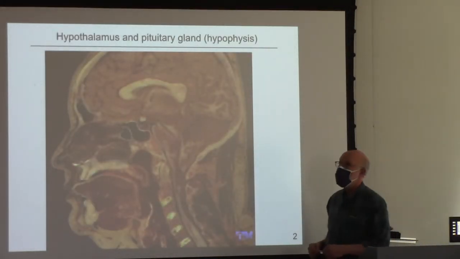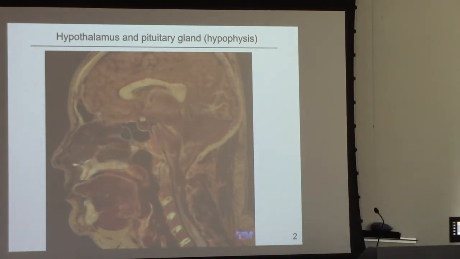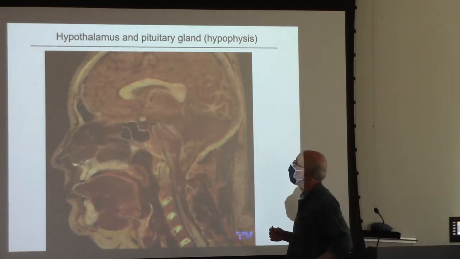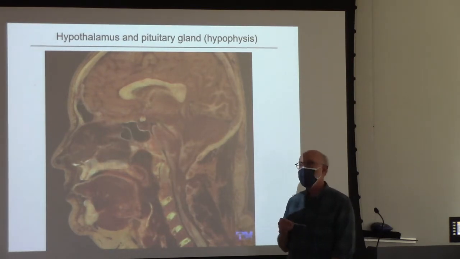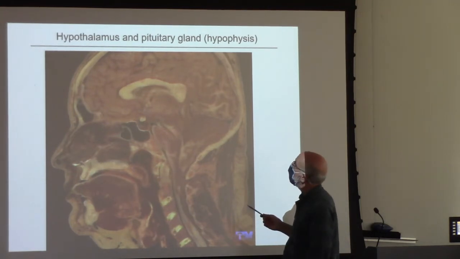All right, here's a slide. We're right here to see it. So here's a midline sagittal section through a human person's head. There are things you ought to be able to do. In the past, when we had more time, I went around the room and asked people to label something here. So you should do this as homework. You should be able to look at this and say, okay,